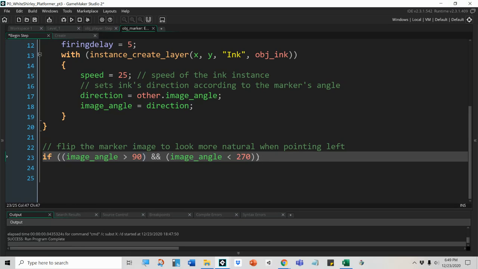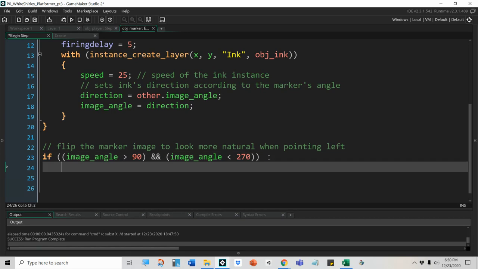And then I have this outside set that says, okay, I want both of these things to be true. So basically, we're looking at the left half of a circle, maybe from like 90 to 270, if that makes sense to you. If both of those things are true, then I'm going to set my image